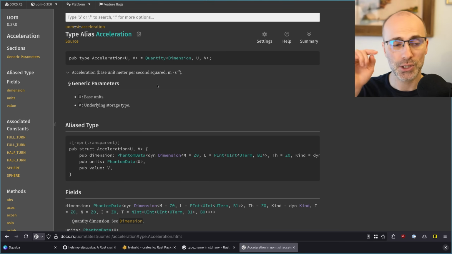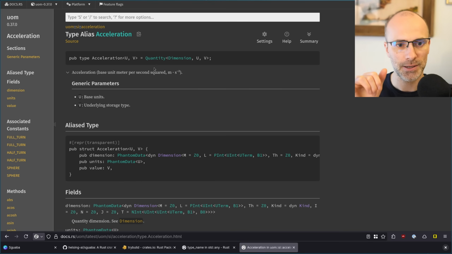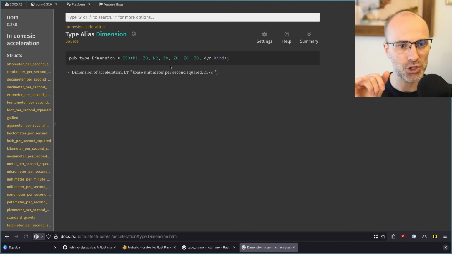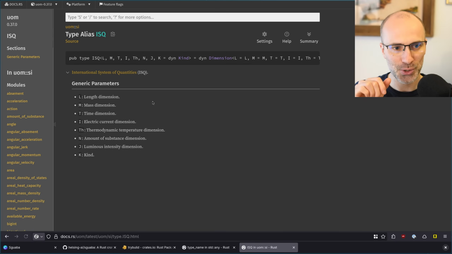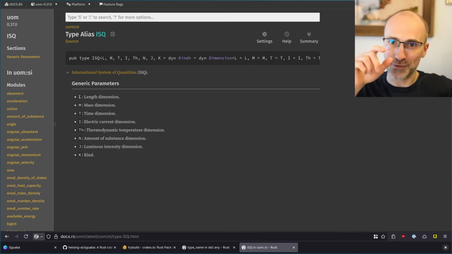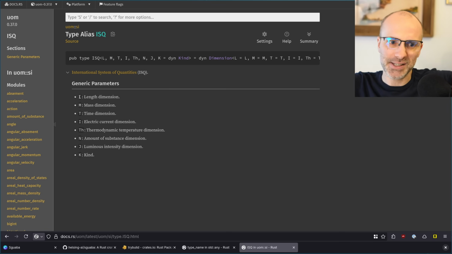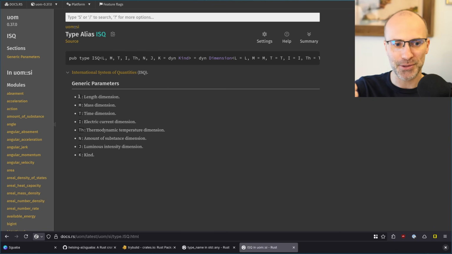In UOM, the way you encode a unit is you give it a dimension like this, and a dimension is an ISQ, the International System of Quantities. It has a few different dimensions: length, mass, time, electric current, thermodynamic temperature, amount of substance, luminous intensity, and kind.